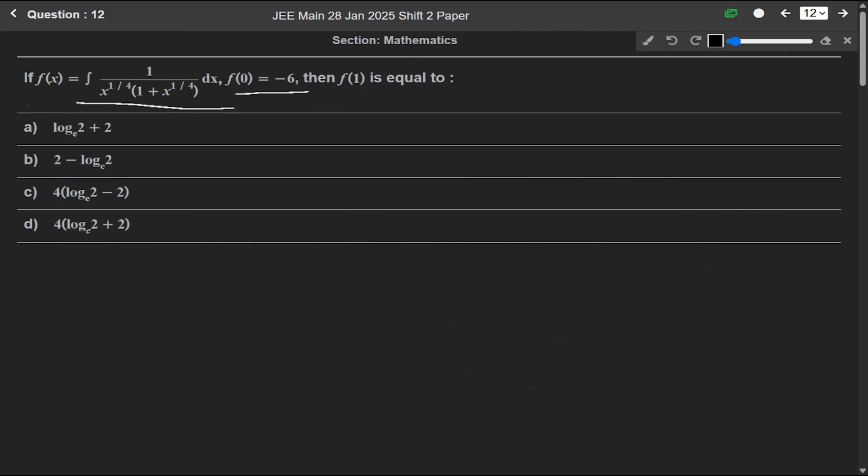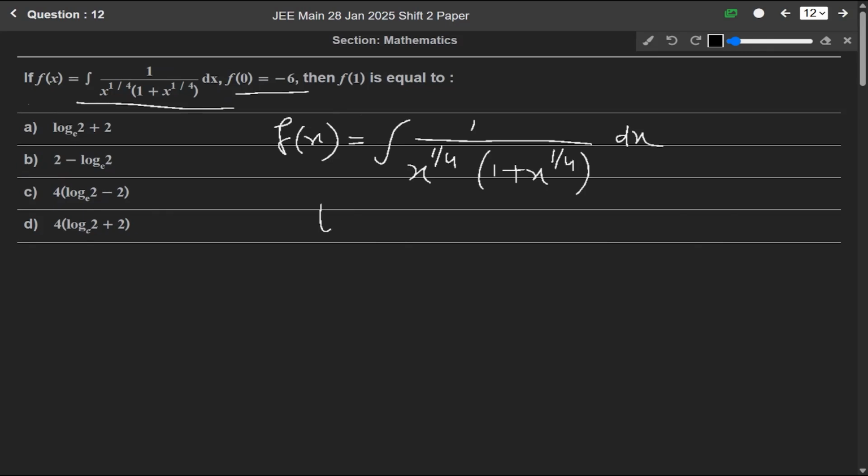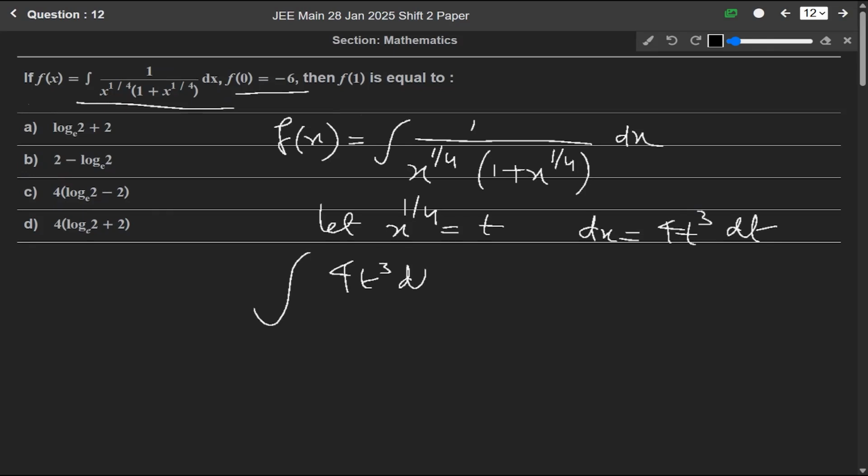Okay. We are given f(x) equals the integration of 1 over x^(1/4) (1 + x^(1/4)) dx. Okay. Let us say this x^(1/4) equals t. So dx will be equal to 4t³ dt. Okay. So we can write 4t³ dt over t times (t + 1) will be equal to,